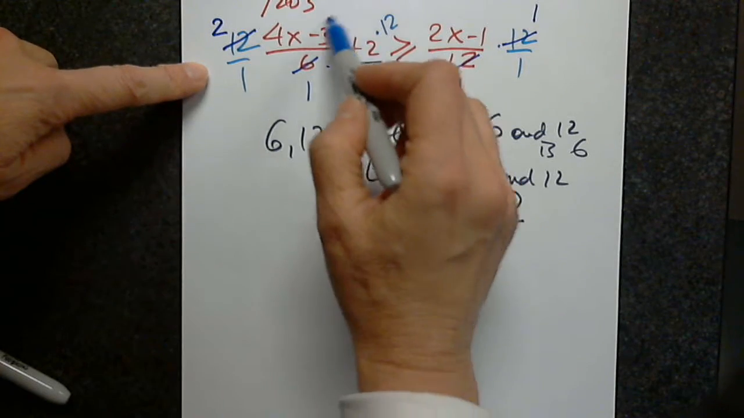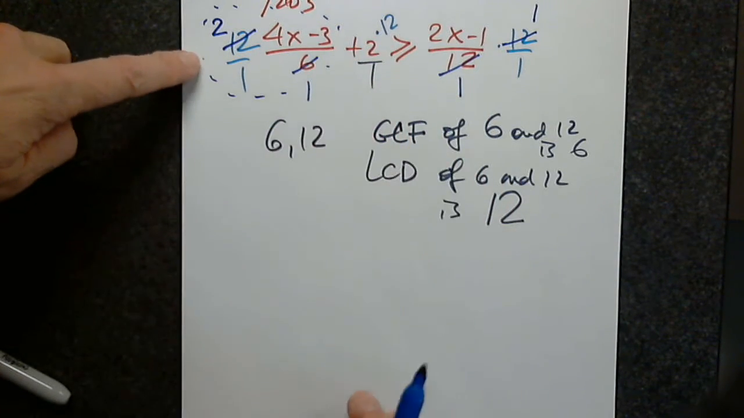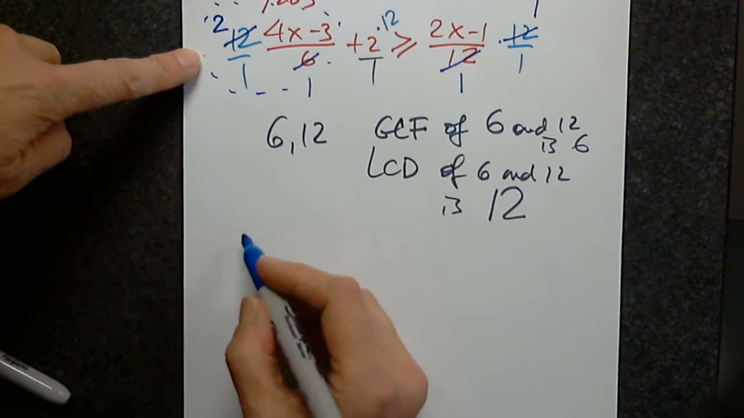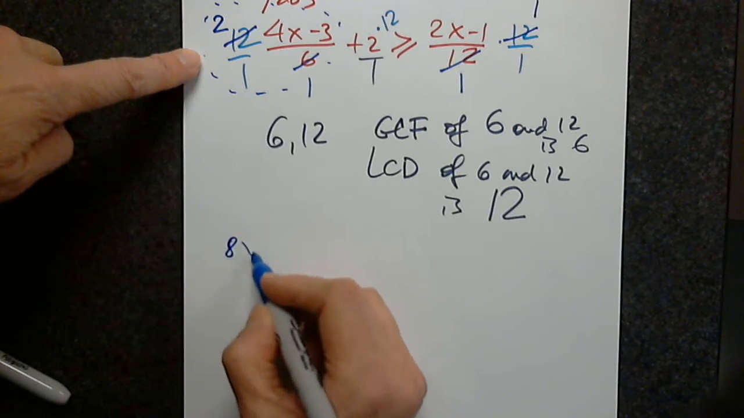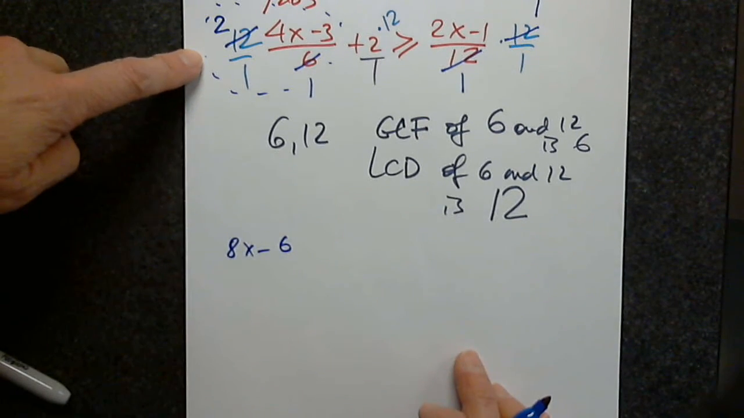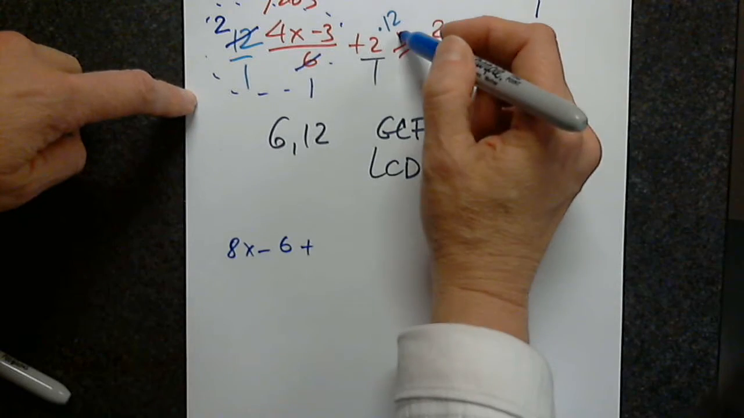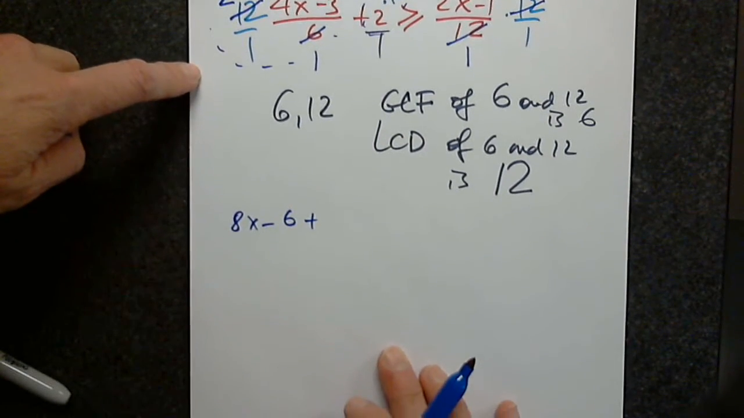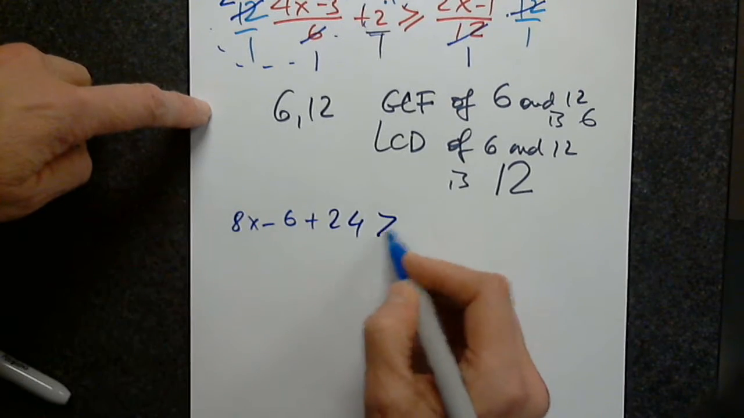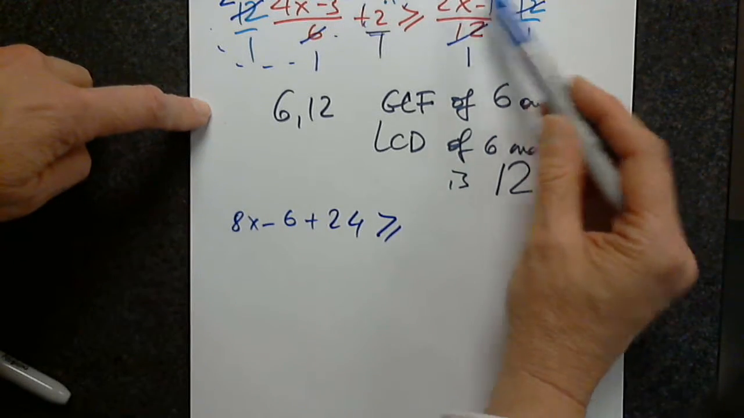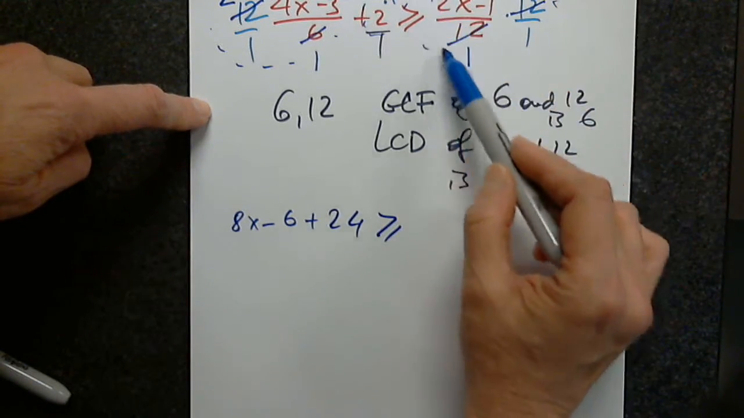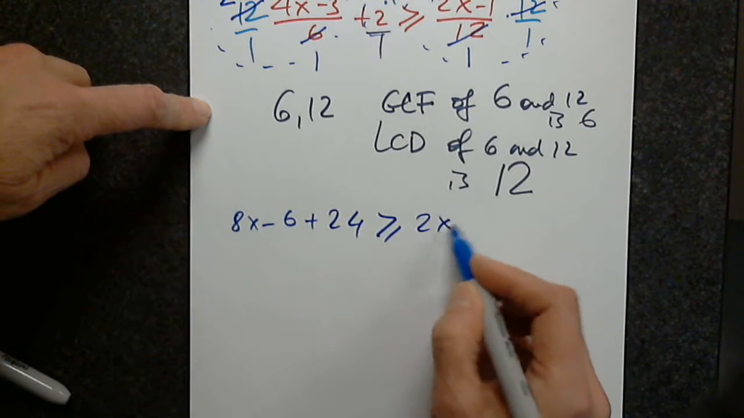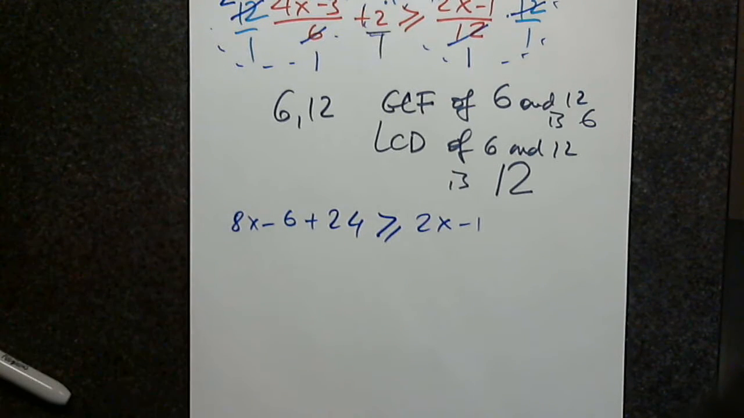Coming from the first product, what will you write from the first product? Awesome. Plus, thank you. What will you write from the second one? 24. Plus 24, greater than or equal to. And what will you write from the last one? What is left from the last one? 2x minus 1. Good. So now, although at first we said, oh, fractions, we got rid of them very